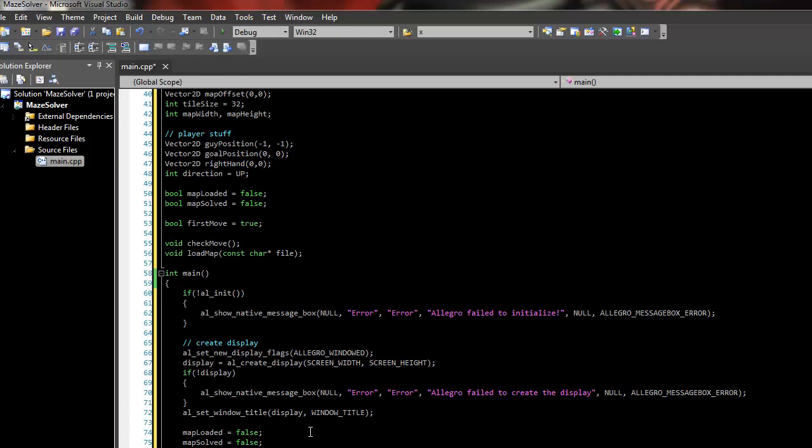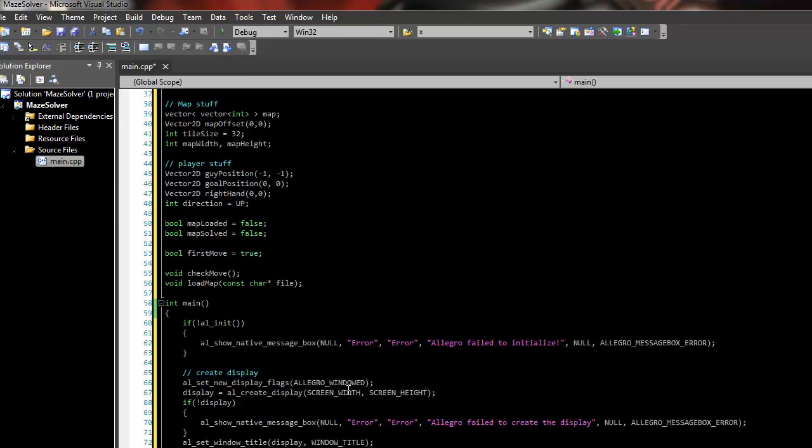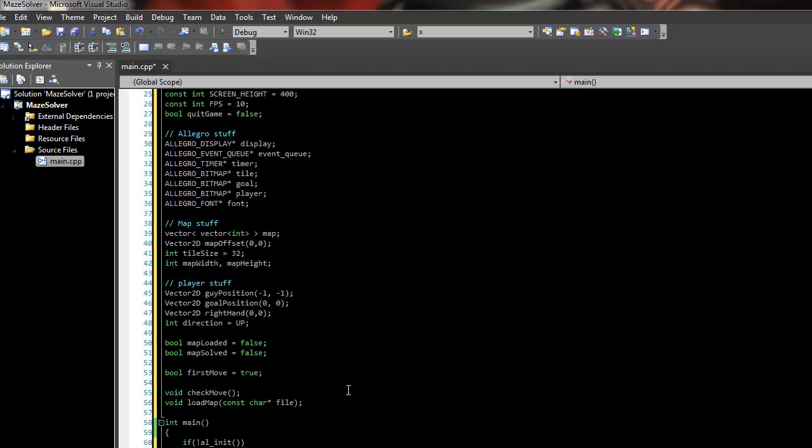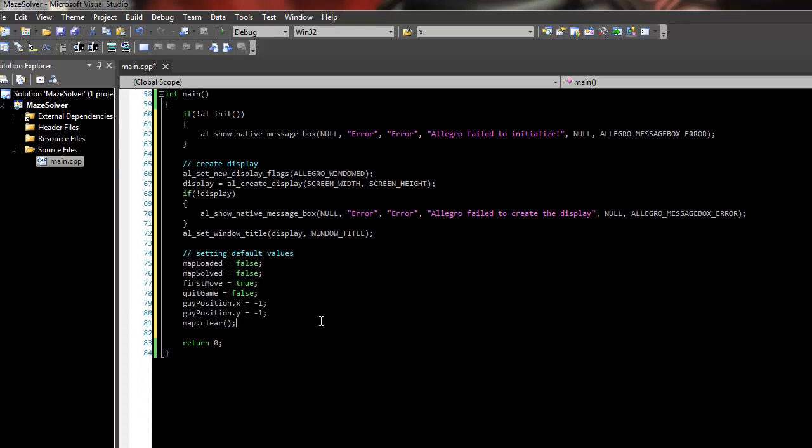Guy position dot x equals -1. Guy position. Oops, spelled that wrong. We're basically just giving everything default values. And map dot clear. So yeah. All right. Now, next, let me comment this real quick. Setting default values. So after we set the default values, we also need to